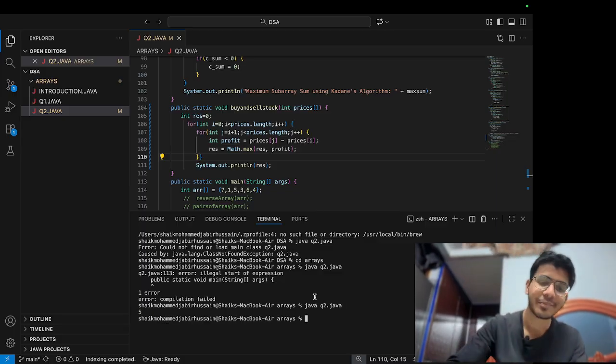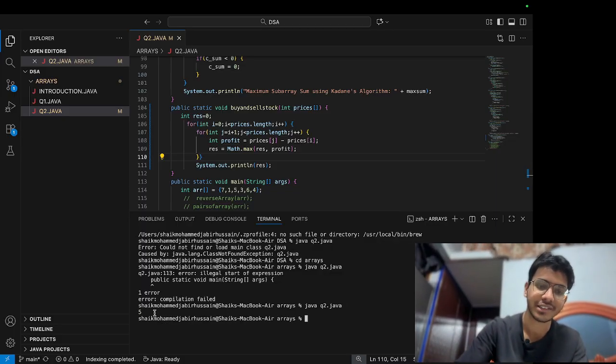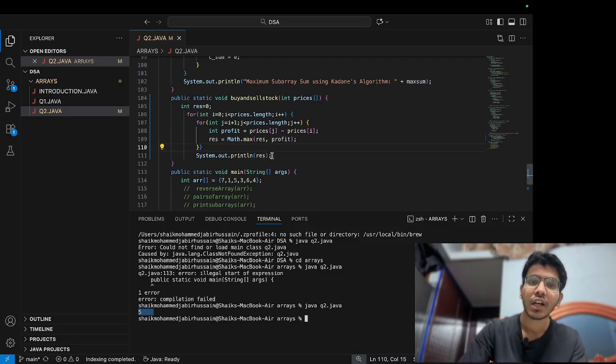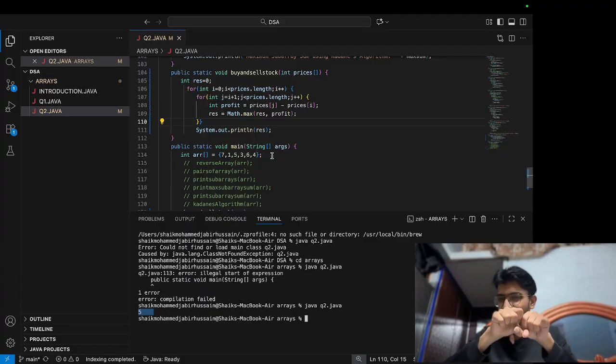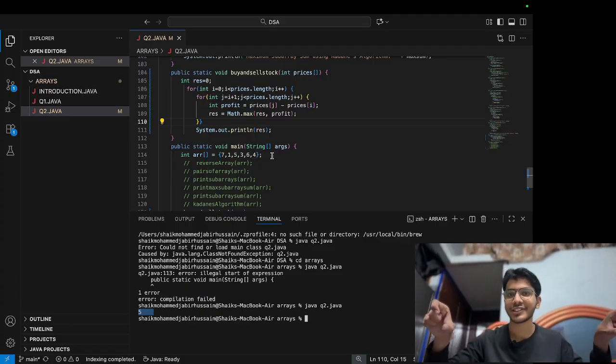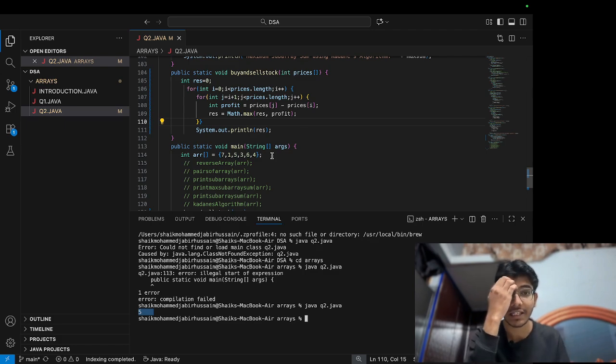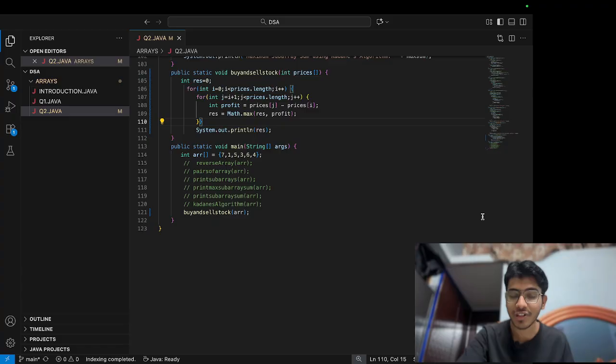Yeah, you can see my output is $5. Like this we calculate the maximum profit that can be generated over the given list of stocks on each day. Okay, so I hope you have understood how an array works, what an array is, and the questions related to arrays. We did I think 10 questions based on arrays,